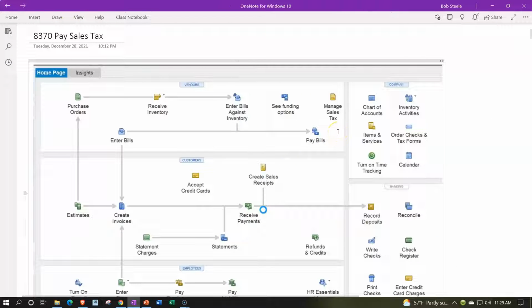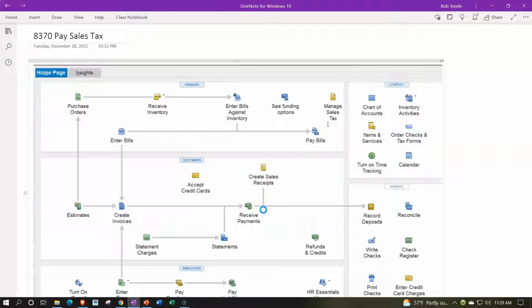We're looking at the sales tax little widget up here, the Manage Sales Tax item in the vendors section. Sales tax is a little bit unusual because it accumulates upward as we make the sales documents, which is down here, the invoice and the sales receipts. If sales tax is applicable, then the sales tax payable account will be going up as we create these forms, and then we'll be paying it off with the Manage Sales Tax widget up top in